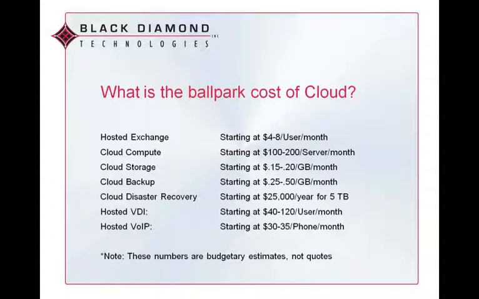So I put this together. By no means do I want anyone to hold us to it. It's just a good building block for people to get an idea of what's out there. Hosted exchange, $4 to $8 a month is where we see a lot of things starting. And as you add capabilities like archiving or 2 gig, 4 gig mailboxes on top of that, or HA with disaster recovery and things like that, the prices clearly go up, but they go up by a dollar or two per user. They don't go up in orders of magnitude.